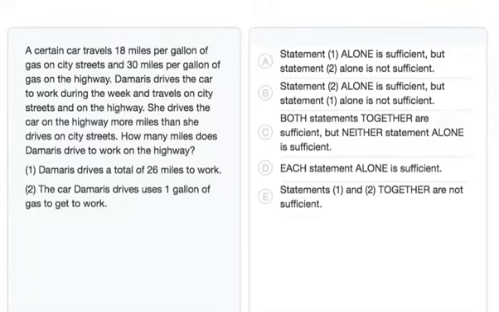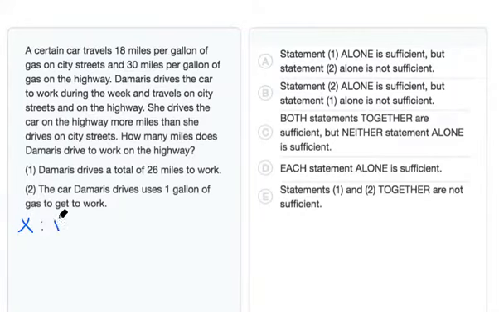To solve this data sufficiency question, we'll consider each statement separately first and then together if needed. Before we dive into the statements, let's define some variables so that we can use them to interpret our word problem. First, let's call x